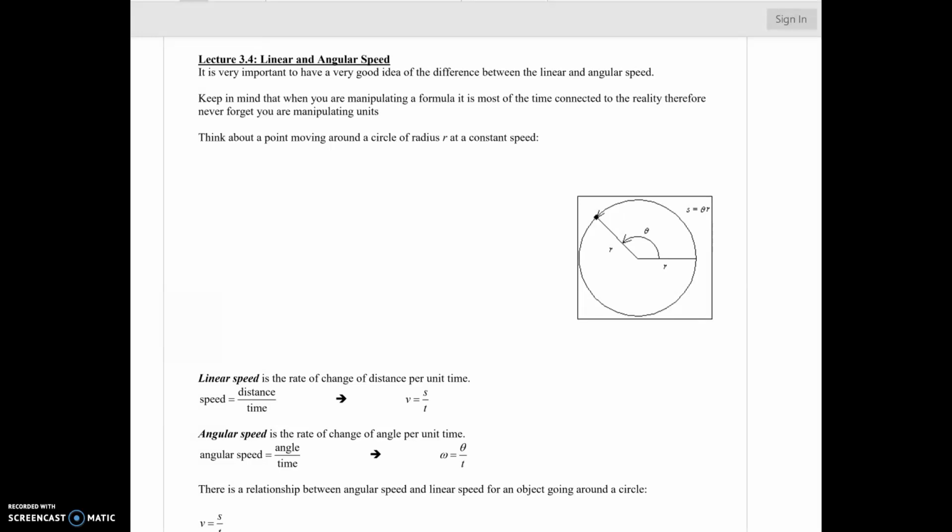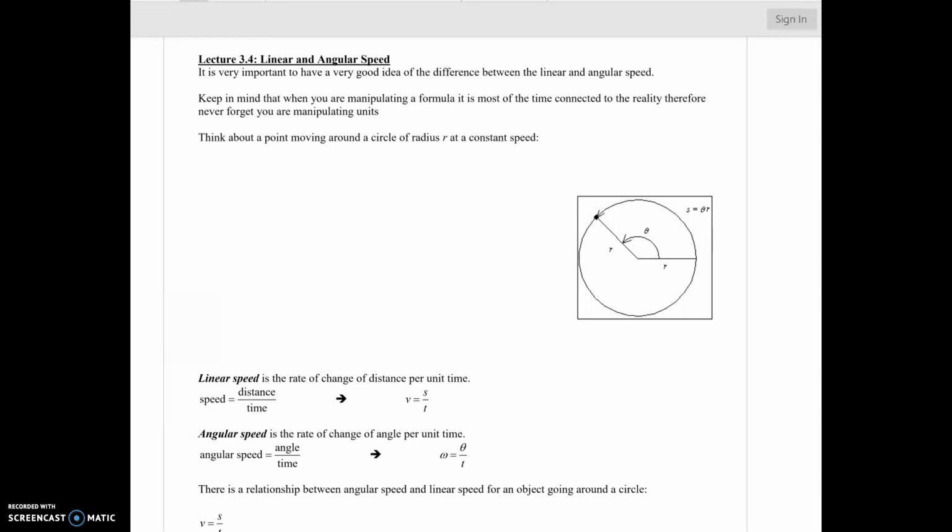Alright guys, so now we are going to talk about section 3.4, linear and angular speed. Radian measure can be used to relate speed around a circle. So remember we have s equals r theta,